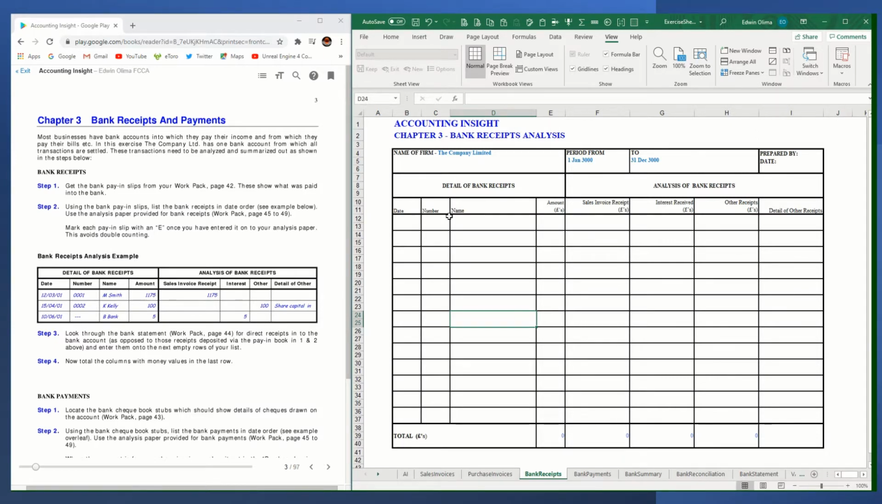worksheet that you can get from the website Accounting Insight, and we're going to analyze the bank receipts and bank payments that have occurred in this business over the year. First thing we need, so the things we're going to do are, step one, we're going to go to the